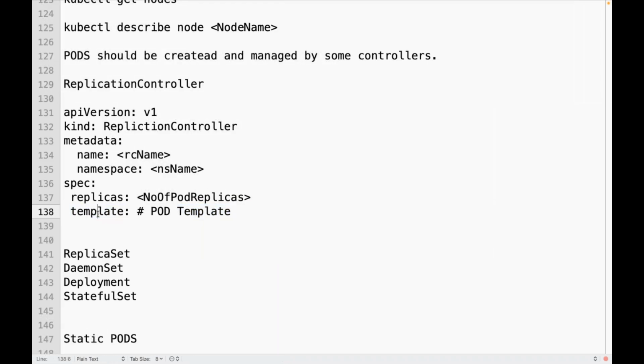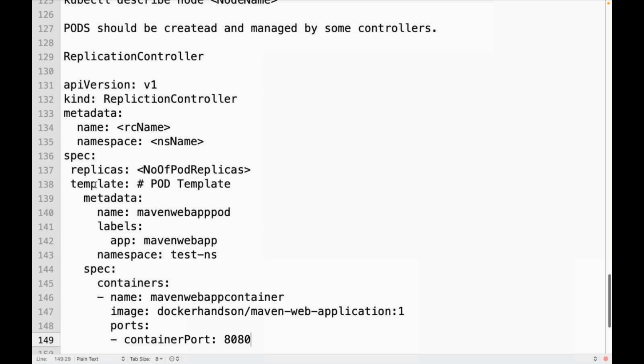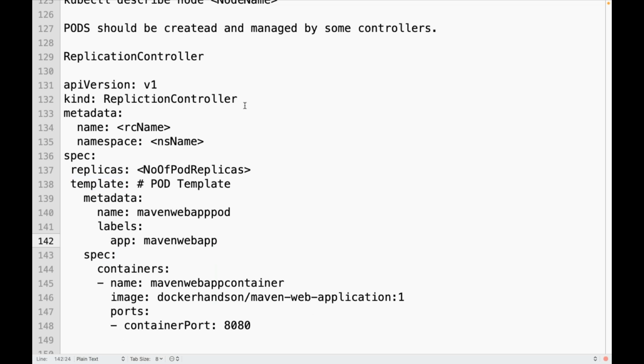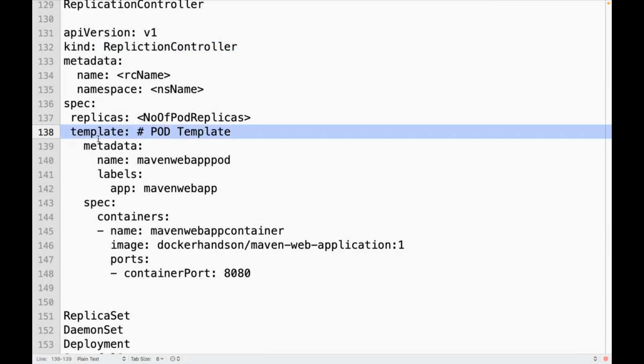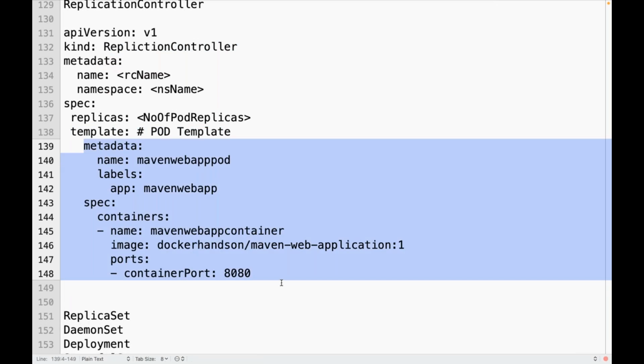This is my pod template. Under this template, again metadata. But here namespace is not allowed under pod template because we are creating a replication controller. Will the replication controller use this pod template information to create a pod?